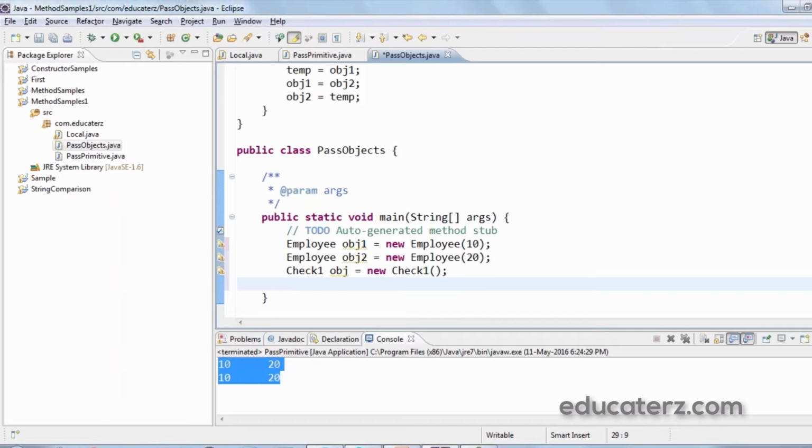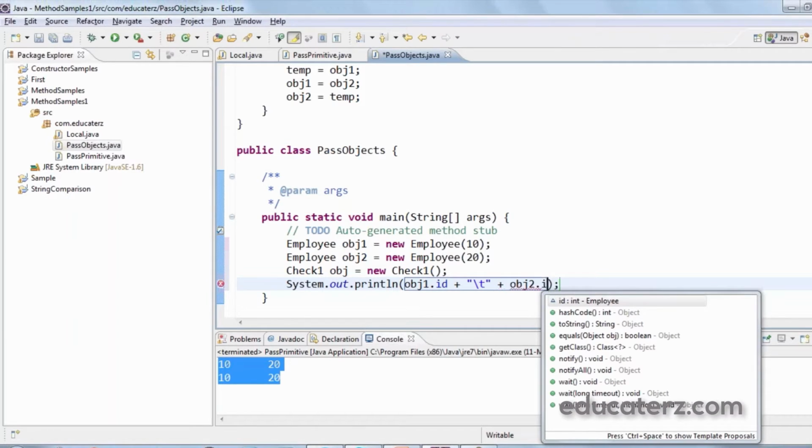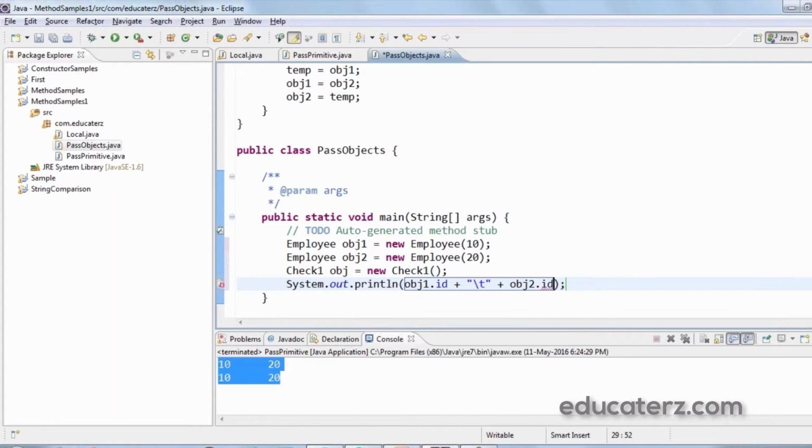Now before calling the swap method, let me print the values of id in both the objects. For that I require System.out.println of obj1.id, with some tab space, and the value in obj2, that is obj2.id.